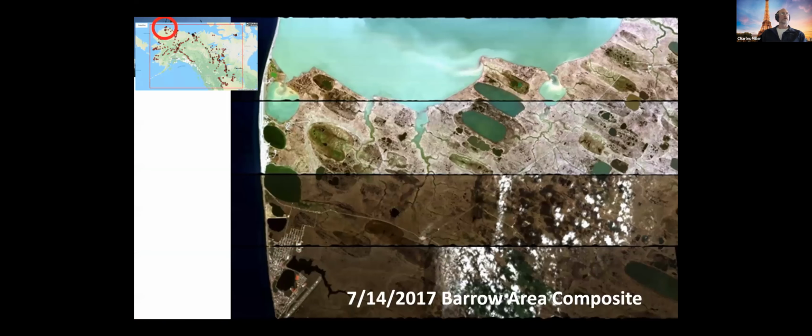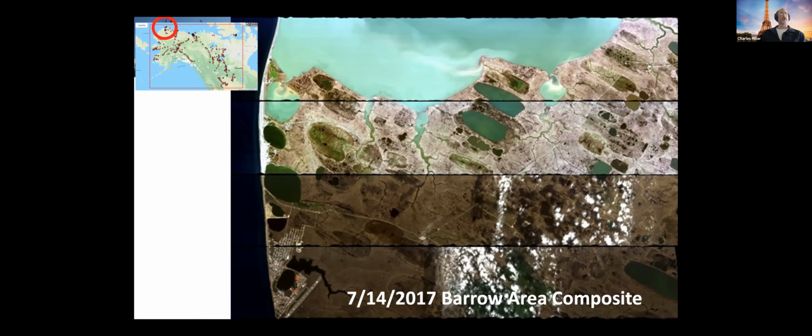Next, Peter, we're going to kind of work around the perimeter of the Arctic colors, and the next one should be Barrow. Yes, so here's the Barrow area. This is because of all the infrastructure and research that's been done in Barrow over time and continues to be done there. This is a keen area, and so we visit it whenever possible. It's really hard to get a good flight day at Barrow. You can see on this day, the 14th of July, 2017, even though it was nominally a clear sky day, on the lower right-hand portion, you can see that while we were making these acquisitions, we did run into some popcorn clouds that weren't in the forecast, and we have to deal with that.